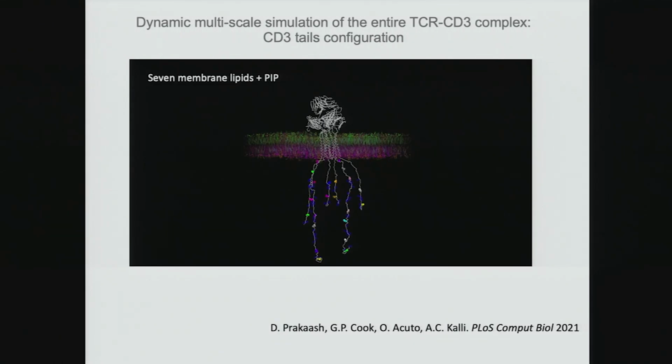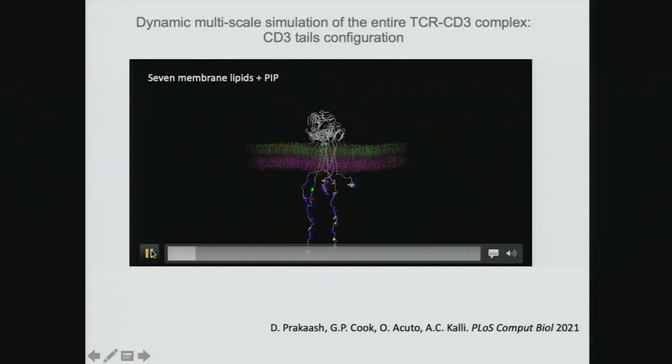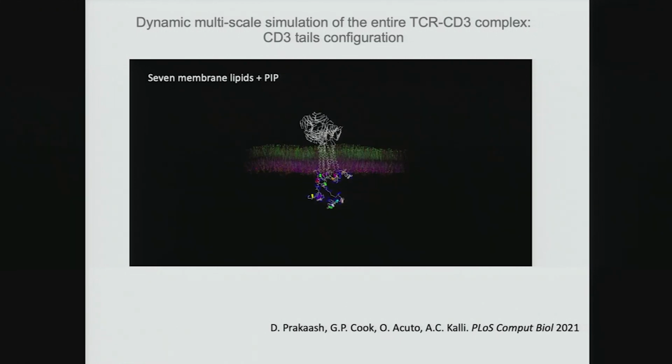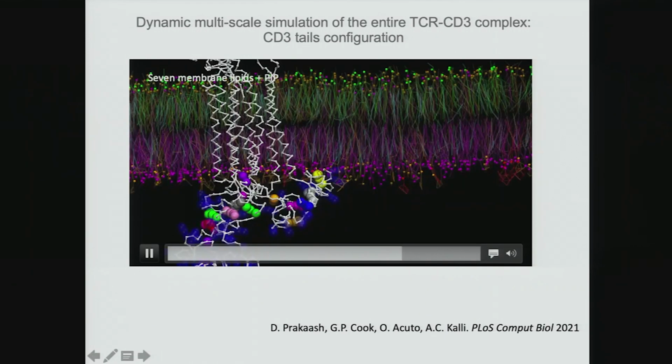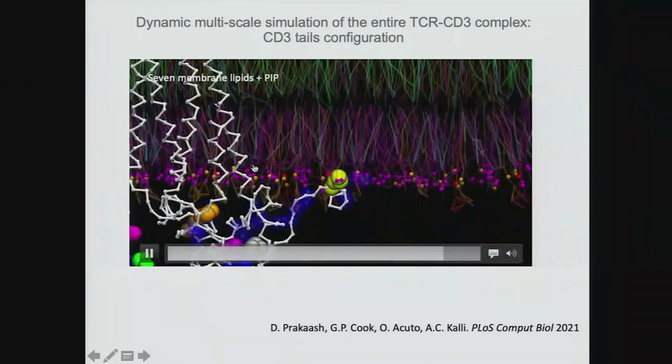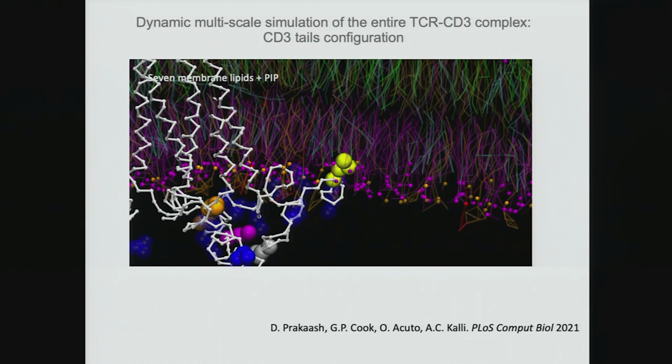You can make the octopus dance if you want, by doing a simulation, and you can see that this is about 20 microseconds of observation. Now, in this simulation, they have added some PIPs on the inner leaflet. And the PIPs actually attract the tails through the negative charges; there are many positive charges in these tails, and some of the tyrosines actually are hidden inside. So they really energetically have favored the retraction of the tails, and also the tyrosines.